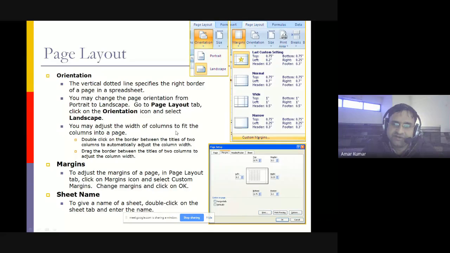Now you may adjust the width of the columns to fit the columns into a page. If you are unable to fit the columns into the page, then you can adjust according to your choice, according to your wish, we can say. Double click the border between the titles of two columns to automatically adjust the column width. Drag the border between the titles of two columns to adjust the column width. In page setup, you will get how much margin you want. You can set the margin